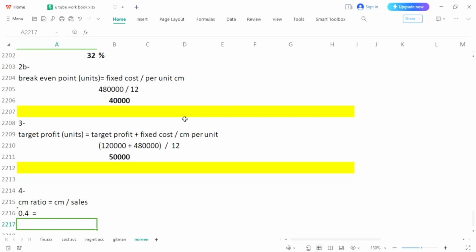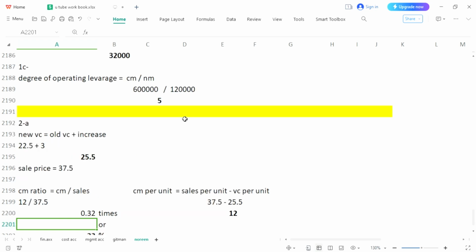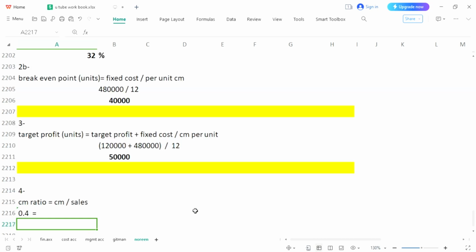But due to the change in variable cost in point number 2, your CM per unit has been dropped to 12. Okay, your CM is now 12,